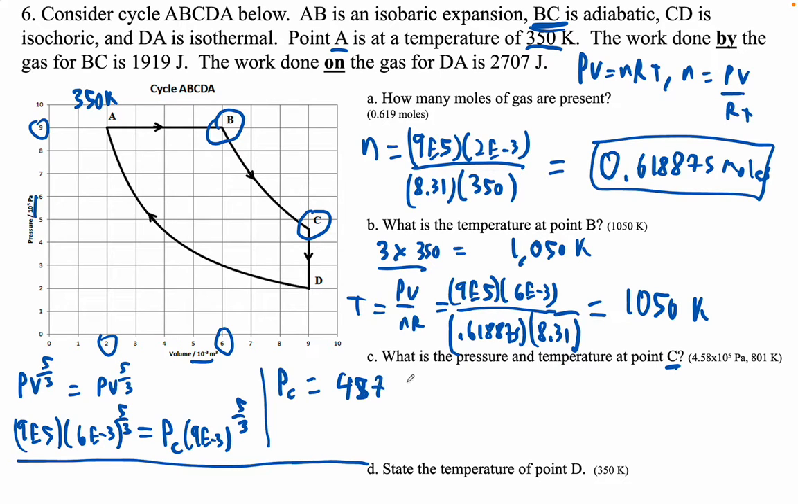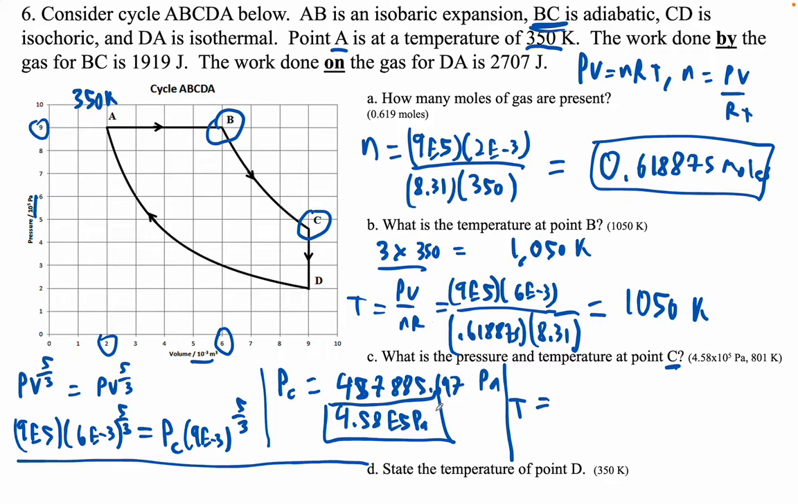457,885.697 pascals. Or let's see, 4.58 times 10 to the 5th pascals. That would be proper scientific notation, right? Okay, so what is the temperature at that point? Let's see, we'll use this. Temperature is PV over NR, right? So temperature is P, which is this,